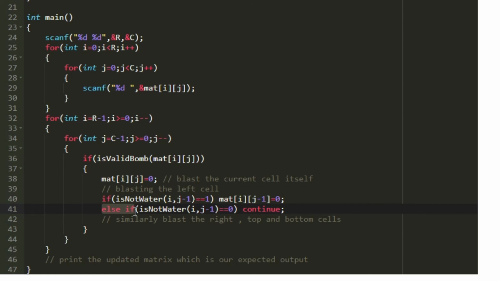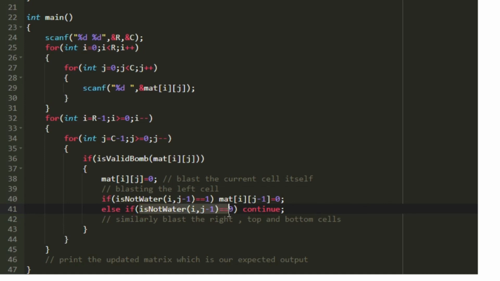And in the else if condition, we have to confirm whether this function returns 0 or not, because the function may even return -1 when the arguments are out of range. So in the else if condition, again we are passing the same values of i and j minus 1, and if it returns 0 only, we will execute the continue statement, because only if it is water, it should not be blasted. If it is out of range, then we should still be checking the adjacent cells.